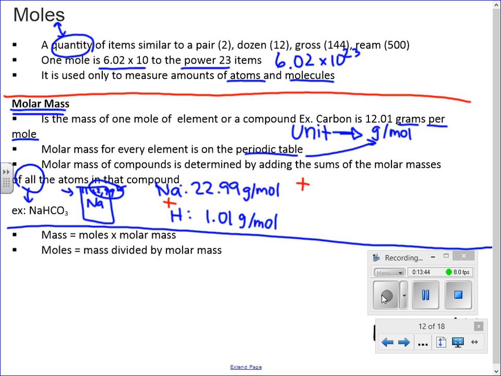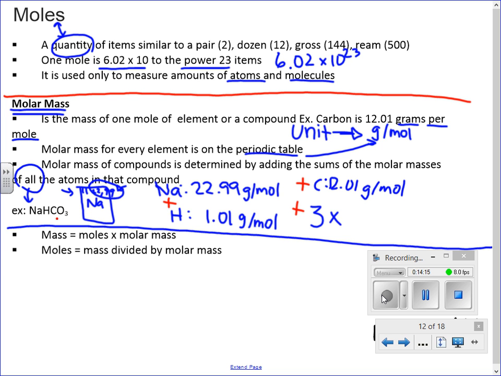I'll keep on going. My next element is carbon. Carbon's molar mass is 12.01 grams per mole. And then I'll end up with oxygen. So I'm literally just adding up numbers that I find on the periodic table. 22.99 plus 1.01 plus 12.01. And here,